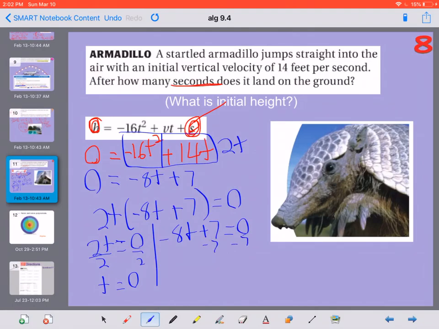Subtract 7 here, negative 8t equals negative 7, divide by negative 8, and t equals a positive 7/8. Now we're looking for seconds. How many seconds does it take to land on the ground? Well, it doesn't make sense to have it take 0 seconds to land on the ground. So this is a quick jumper, but